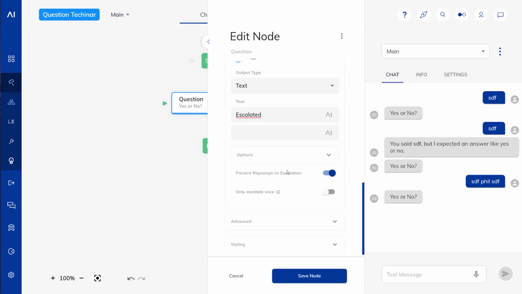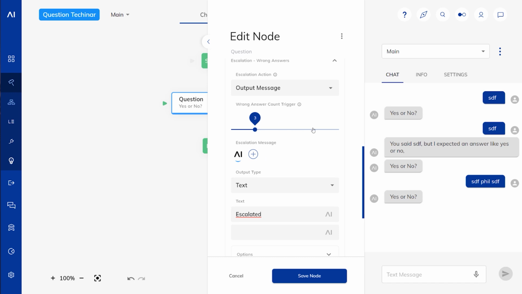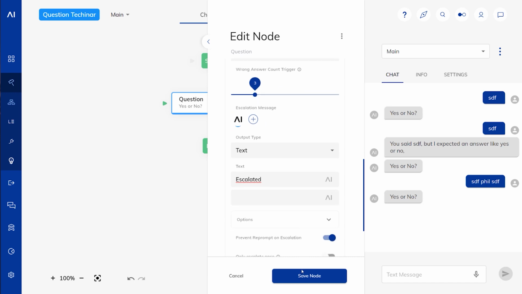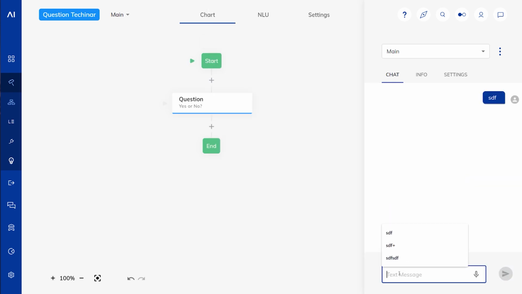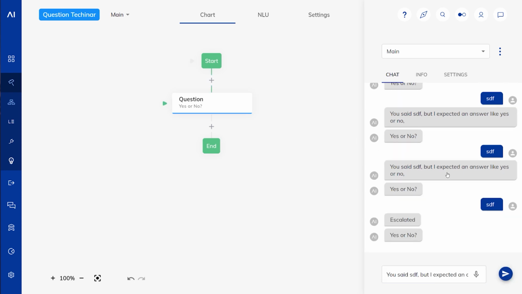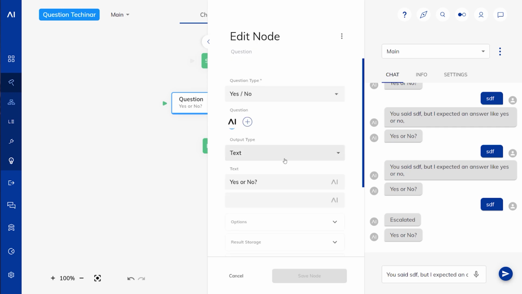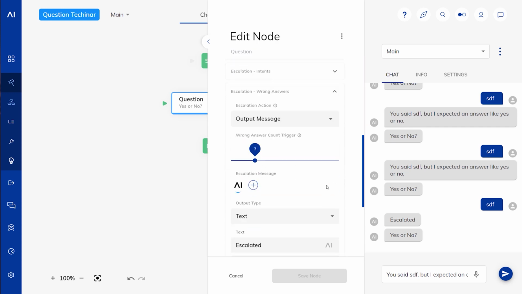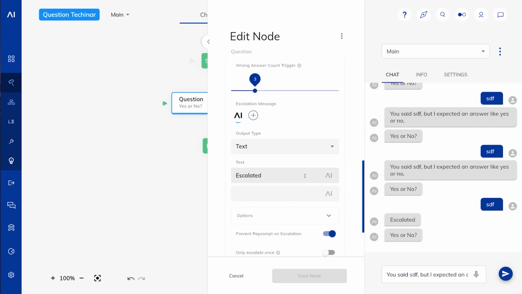Or if we turn this toggle off, it will send it from the third one on, so also on the fourth, on the fifth, etc. So let's take a look. We're inputting something, it's expecting a yes or no answer. First wrong answer, reprompt. Second wrong answer, reprompt. Third wrong answer, escalation. Now, here we can of course also do amazing things already with this special escalation message,